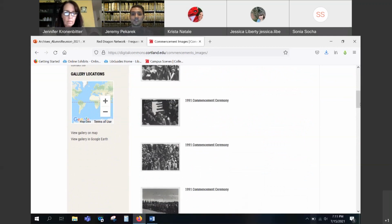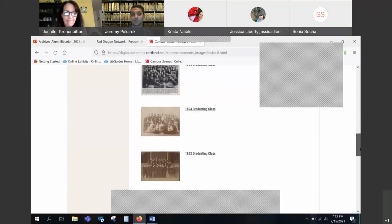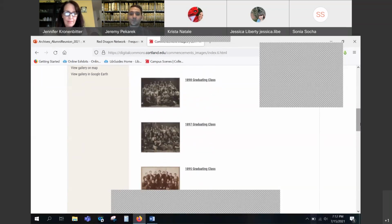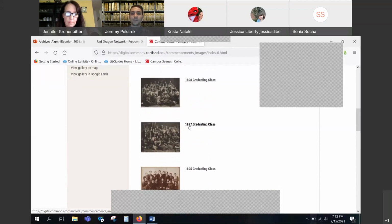So as you can see, there's some photographs of the ceremony from the 90s. This is arranged in chronological order, like I said. So if you scroll down, you can click on the oldest content if you really want to. Now, I could be wrong, but I don't think there's anybody here with us today from the 1895 graduating class, but that would be really cool if they were. But you can still scroll some of these photographs. Some of them are just really appealing to look at and really interesting. Once you click on one that you're interested in,